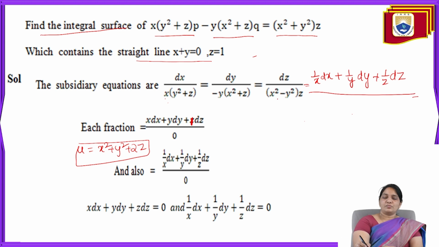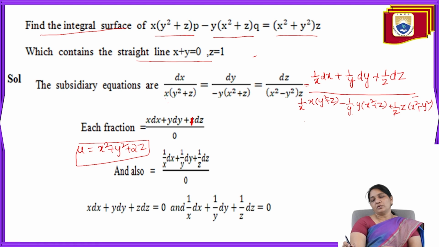So 1 by x into, here you can see, 1 by x into y square plus z, minus 1 by y into x square plus z, 1 by z into z x square minus y square. So now here z will be cancelled, y will be cancelled, x will be cancelled. Finally this is y square z